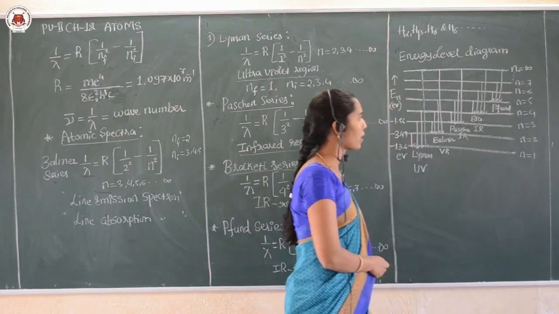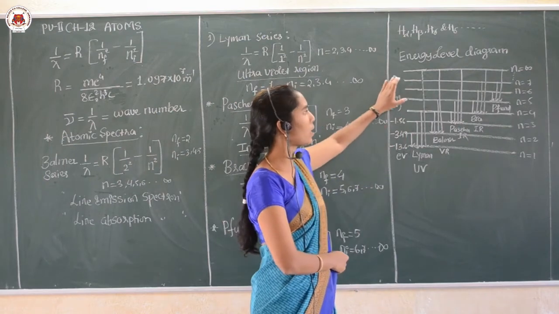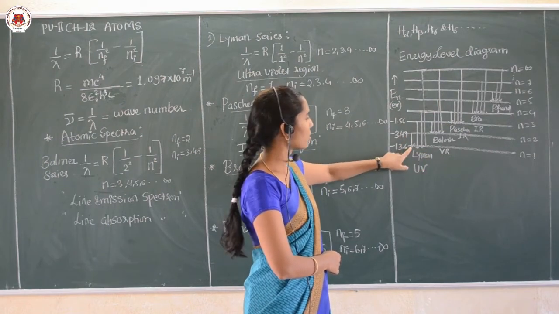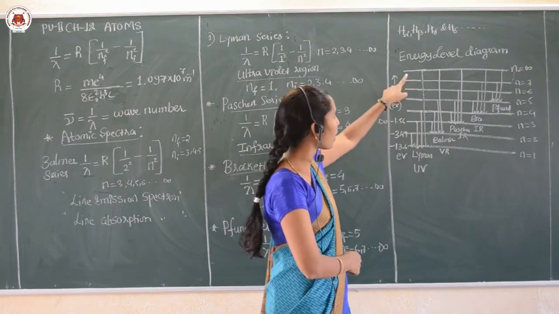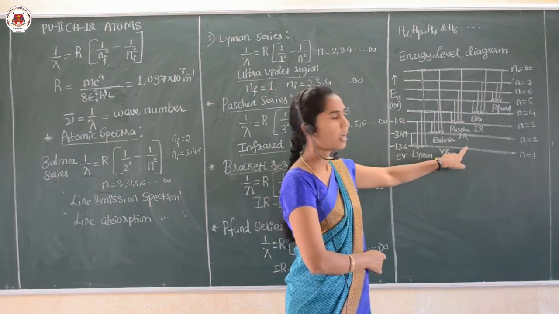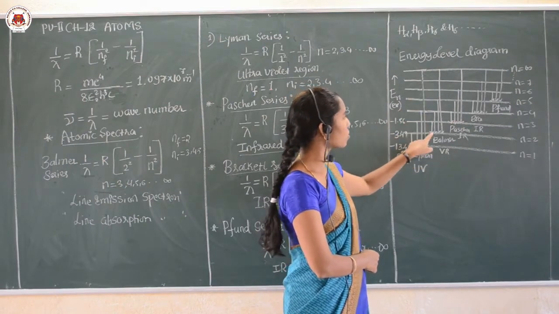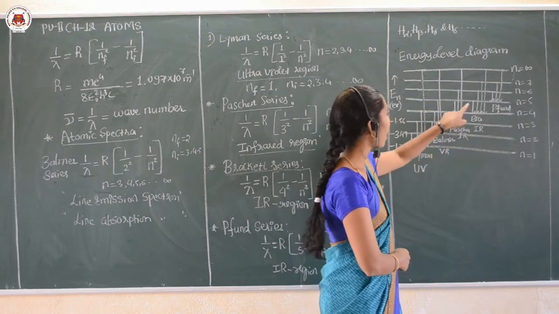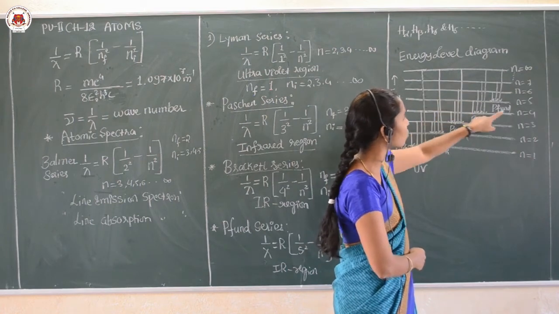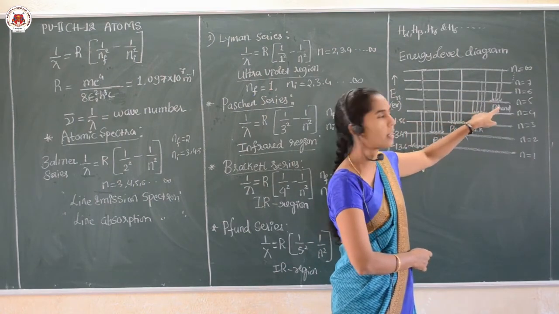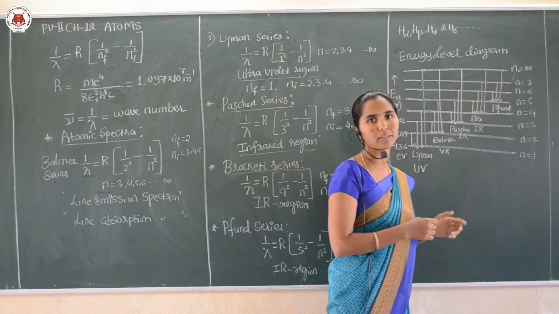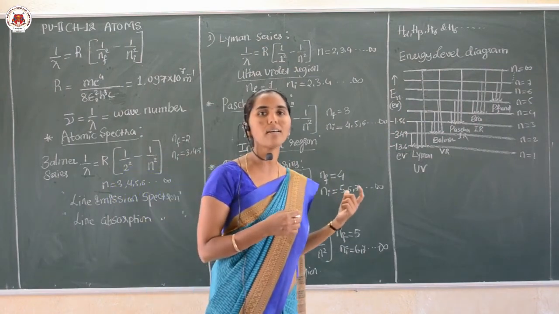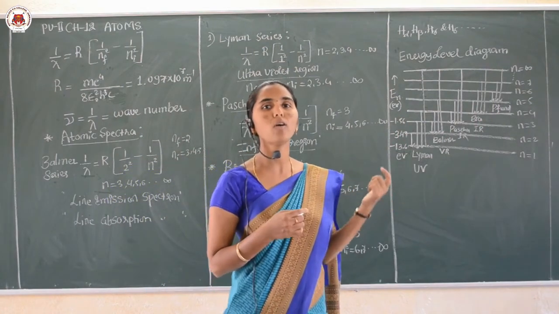Okay, so am I clear? This is how the energy level diagrams are represented for the respective series. In the Lyman series you can see the transition from a higher energy state to the first orbit, in the Balmer, higher energy state to the second orbit, in the Paschen, higher energy to the third orbit, and in the Brackett, from higher energy to the fourth orbit. Lastly, for the Pfund it is from higher energy to the fifth orbit. Accordingly, we can calculate the wavelength and also the frequency of the spectral lines